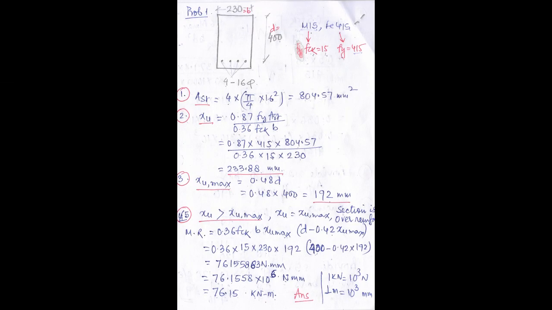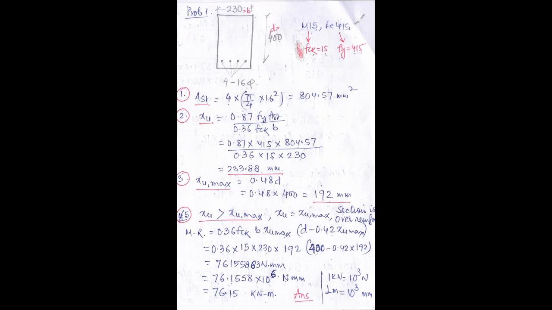In this problem, width of the beam is given as 230 mm. The effective depth of the beam is 400 mm and the beam is reinforced with 4 bars of 16 mm diameter in the tensile zone. And what else is given? It is given that you have to use M15 concrete and Fe 415 steel. So these are the given data. First you note down the given data and draw the diagram as I have drawn. From here we can take the decision that if M15 concrete is used, what is FCK?